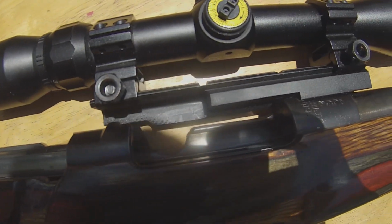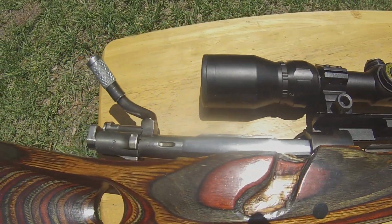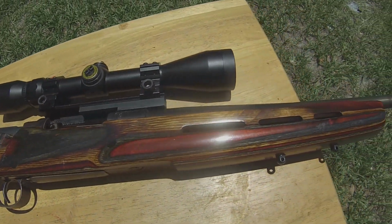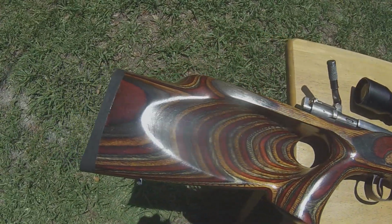The M96 is actually an update of the Mauser Model 93. Both the M95 and the M96 are essentially Mauser Model 93s with a couple of changes to them. All of that being said, I can't necessarily show you the changes with this rifle, or at least not all of the changes. Whenever it comes to the Mauser 95 and the Mauser 96, those updates and changes were not